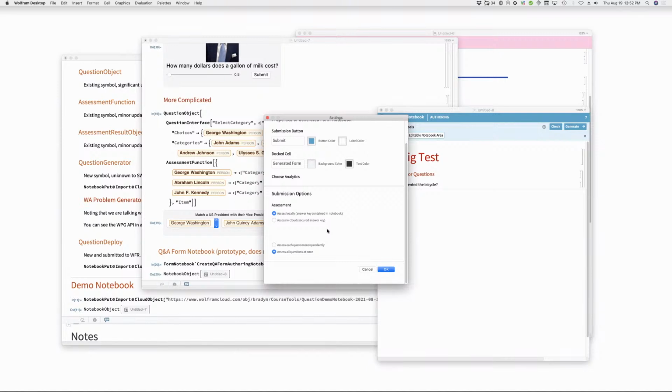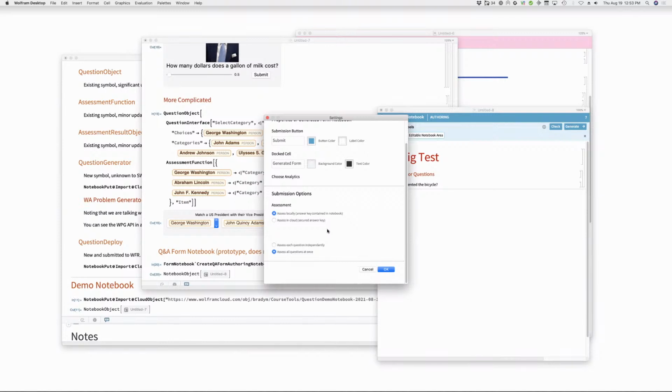So as I understand it, what you're telling me is you have a Q&A form notebook. You fill out the questions and the assessments in the Q&A form notebook. You deploy the Q&A form notebook, and you get two things from that. You get the actual notebook that you can pass around to people. Presumably it can be deployed either on desktop or cloud. You can pass it around to them, or maybe, given that it's all cloudy, deployment causes you to get a